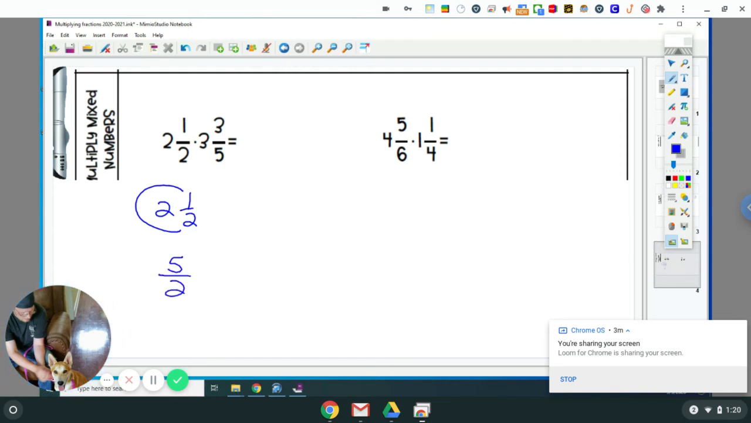So now I'm just multiplying 1/4 times 3/5. So 1 times 3 is 3, 4 times 5 is 20, and you get 3/20. If I didn't simplify before I multiplied, I would have gotten 18